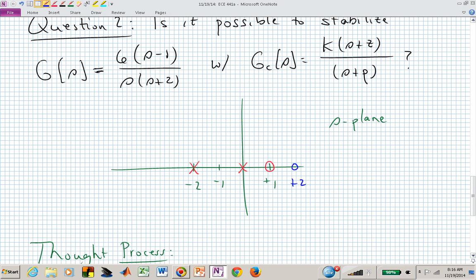We need to then roll that off with a pole. So we can't just arbitrarily be shaking zeros all over the place. We have to pair those up with a pole. There was a question in the back: can you just put a pole at infinity? Yes, you can,